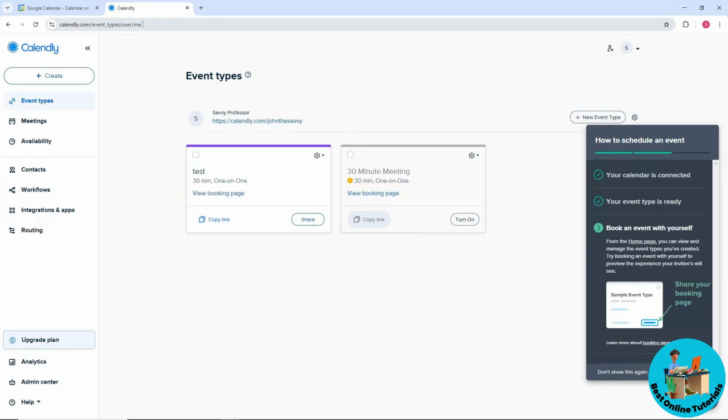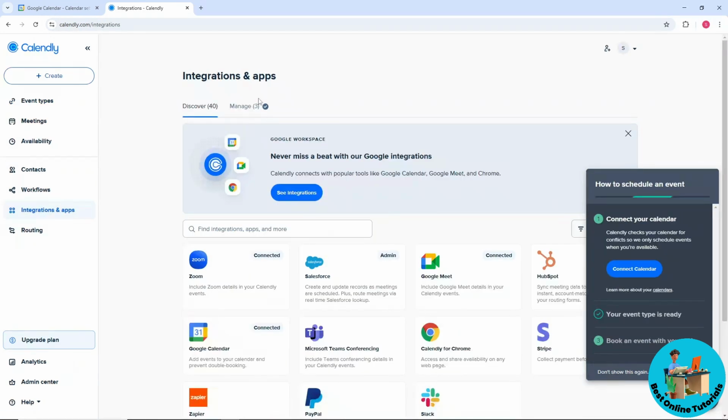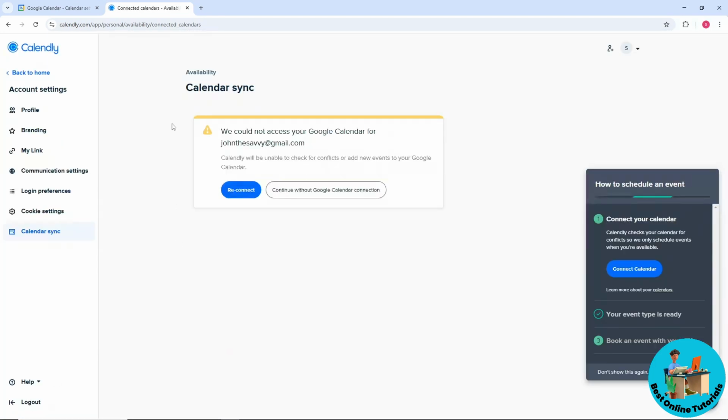So first thing that you will do is go to your Calendly, and now you should be able to see here integrations and apps. Now guys, from here you will have Google Calendar. Just simply select this one over here, and if you are not yet connected, you could just simply log in